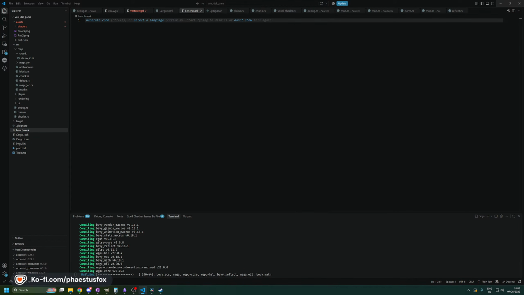So 0.19 is supposed to be a massive speed up when you have hundreds to thousands of entities in the world rendering stuff. So that sounds like exactly the use case for my voxel game. So my conclusion, YouTube's just been a bit funny at the moment though, is that we should take a benchmark before and after I port over, and then I'm going to update my shader to my new idea, which is basically